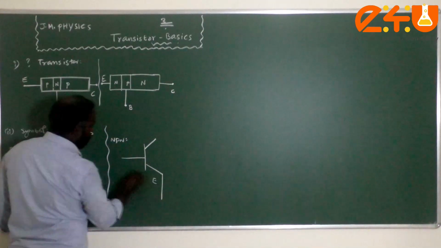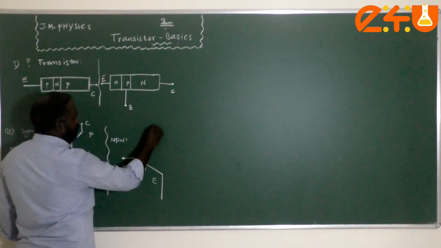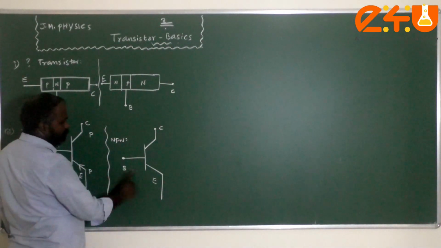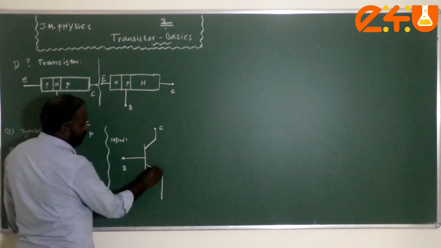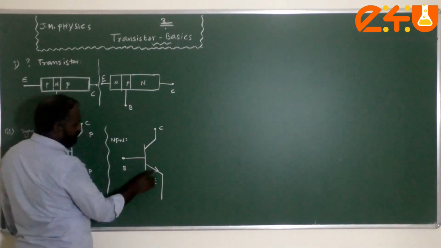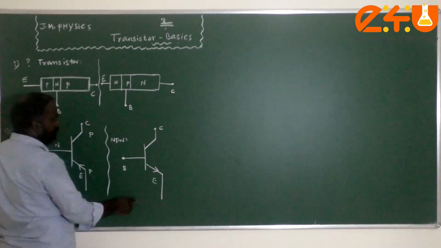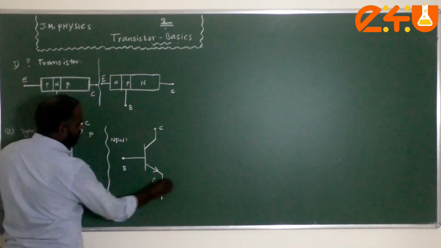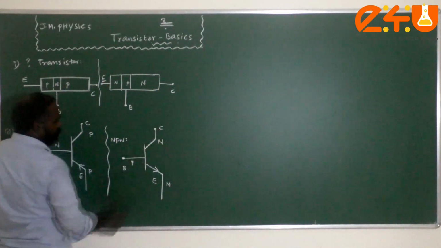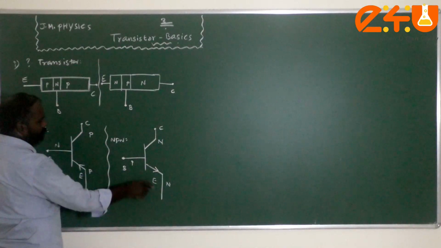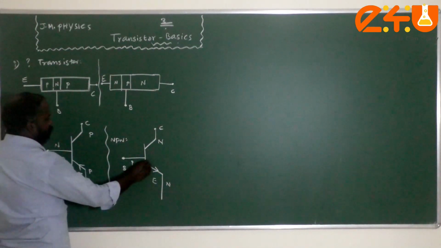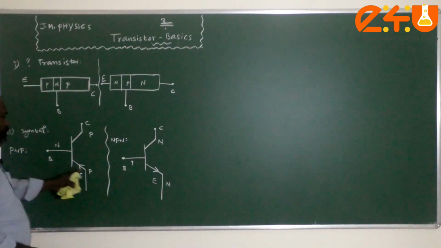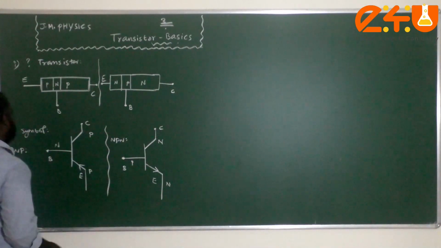This will be the emitter terminal, this will be the base, and this will be the collector. As I said earlier, keep the negative things away from your brain. That means the emitter current is coming out from the emitter terminal. This arrow represents the direction of the emitter current. Since it is NPN, it is N type, P type, N type material, so keep the negative things away from your brain. That means the direction of the arrow will be outward. This is a simple idea to remember the direction of arrows in NPN and PNP transistors.